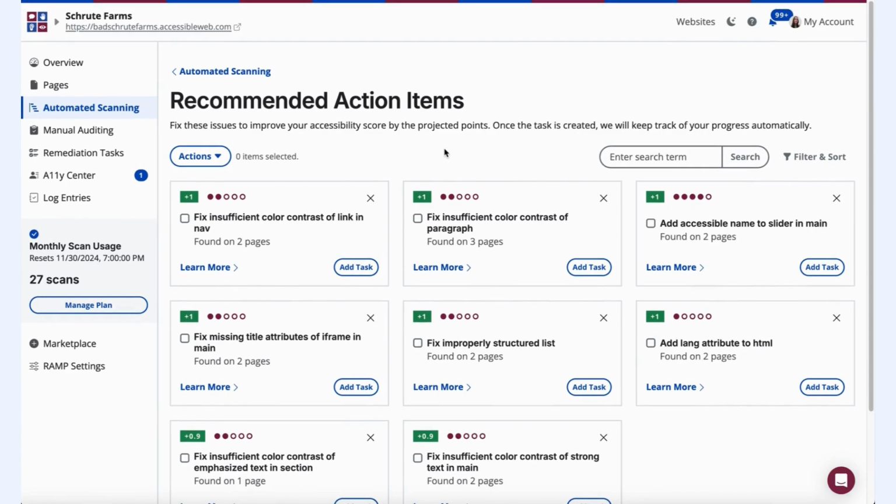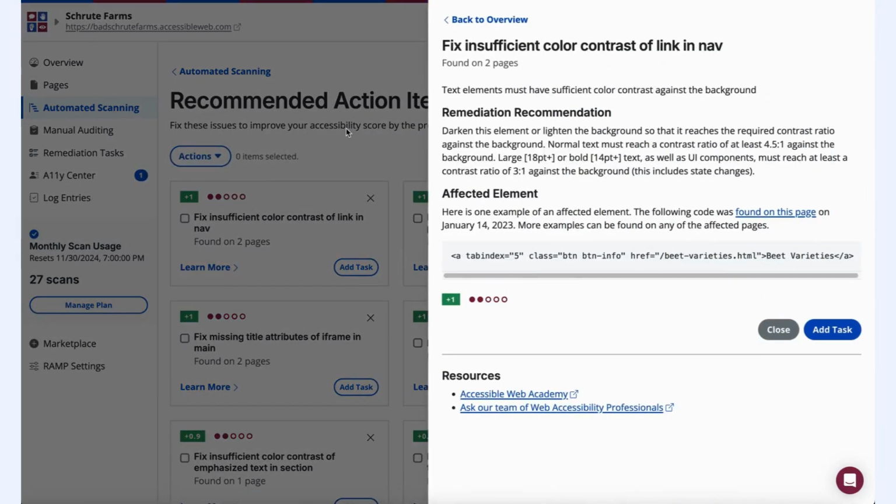On this demo website, you can see that there's not a lot of pages, so the tasks are not super interesting, but on a more complex website, you may see an action item that affects every page of the site. Maybe it's present in the header or footer, and resolving it would probably have a much larger impact on the overall score. But the goal here is that these recommended action items will provide you with unique element issue combinations